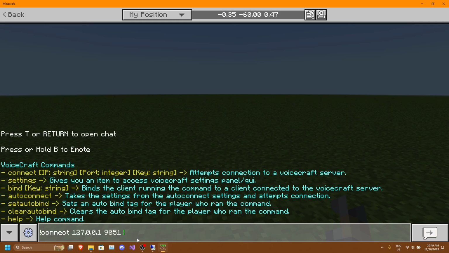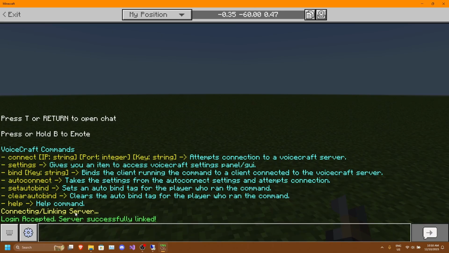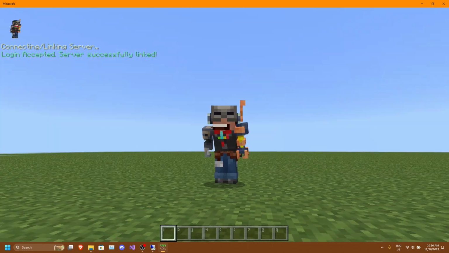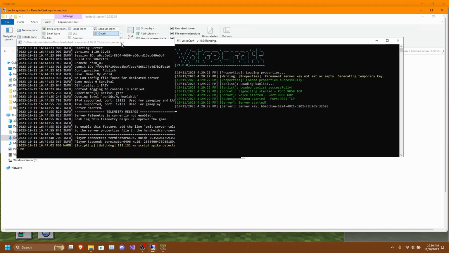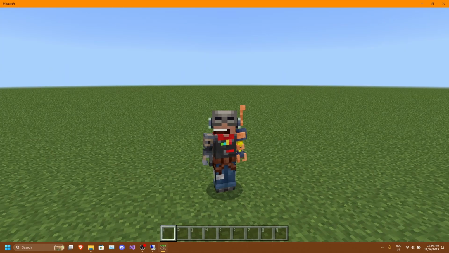Then we need to paste in the server key that we copied and enter. And it will say connecting/linking server, login accepted, server successfully linked. And that is all you need to do. You can close out of here and your server is ready to accept new and incoming connections.